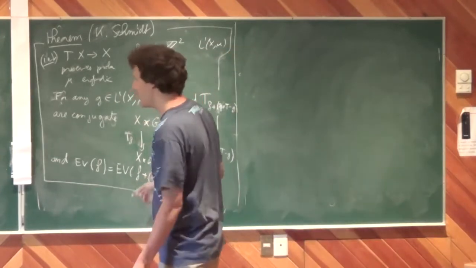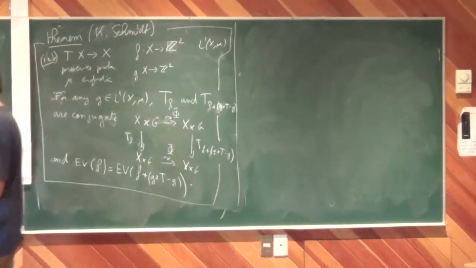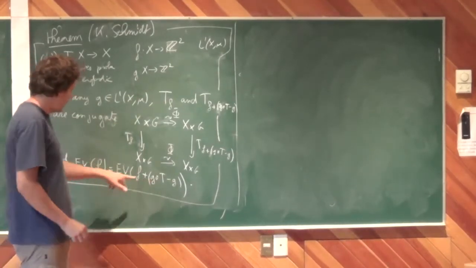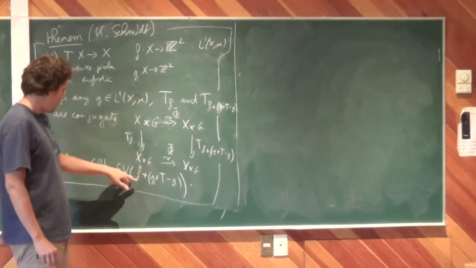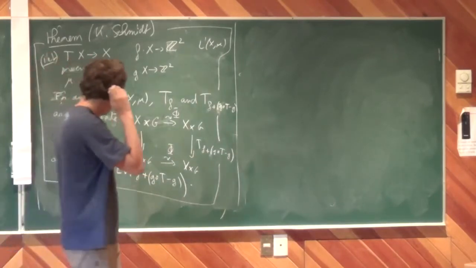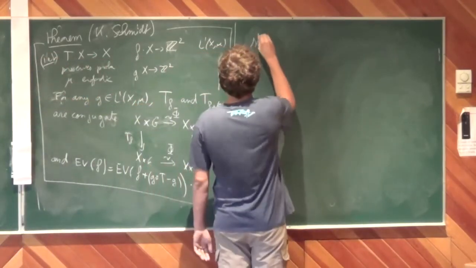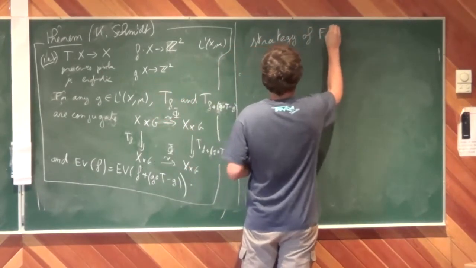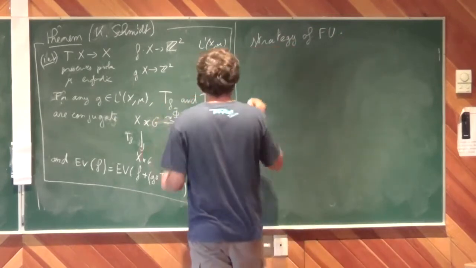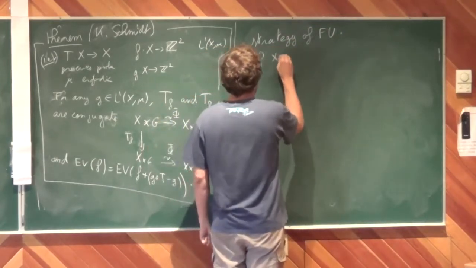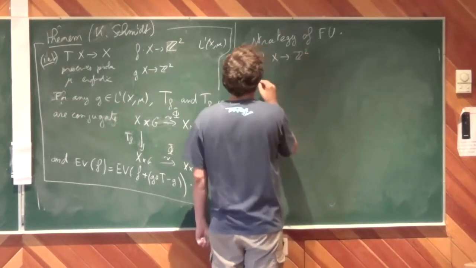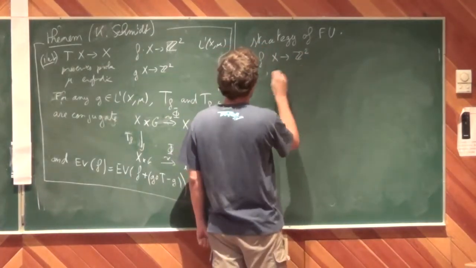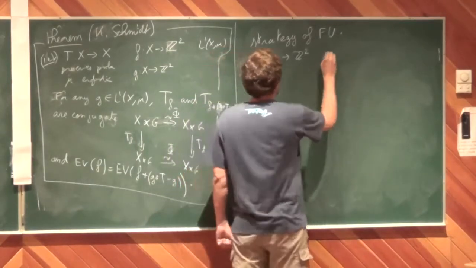So why is it powerful? Because if I have a nice coboundary, I can consider f plus my coboundary and have another transformation. So the strategy for this is what Frączek and Ulcigrai use in their proof. So you have f which goes from x to Z2, and the strategy is: you start from that, and find